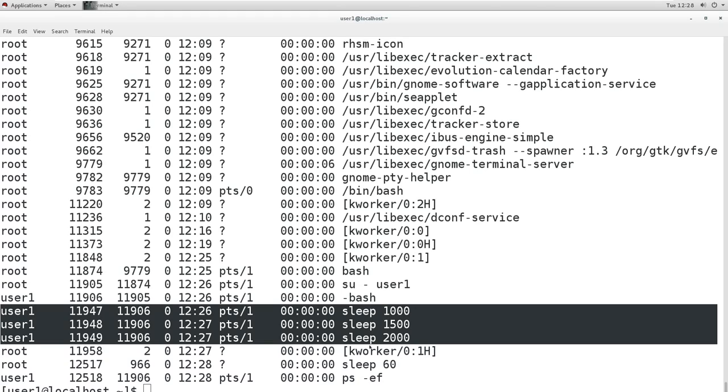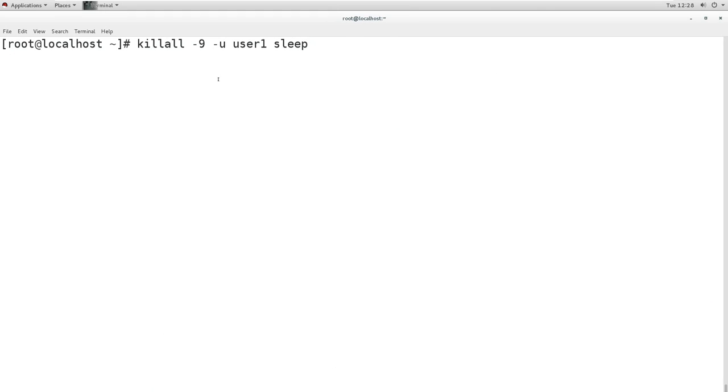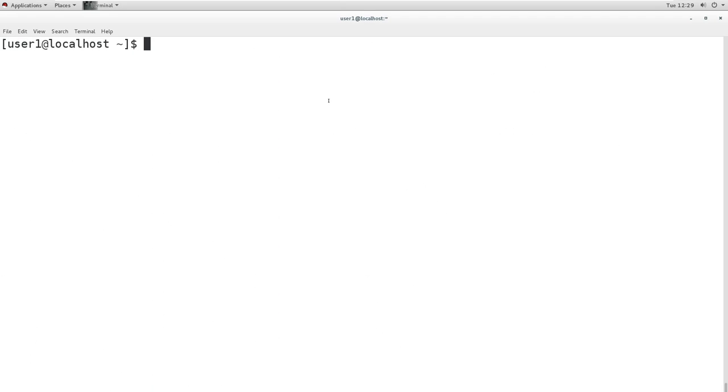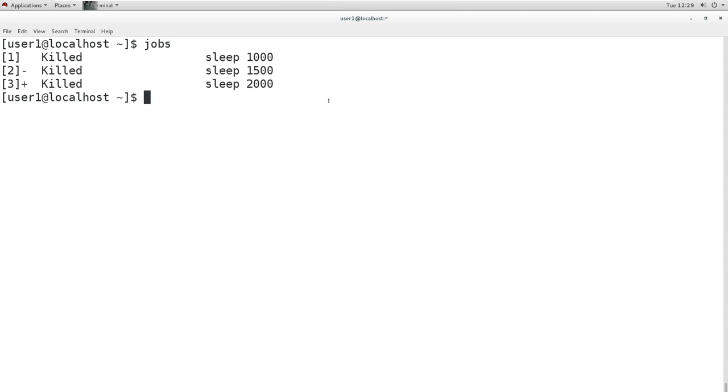So I can use the killall command to pass the signal. I am passing signal number 9, for user 1 with the -u option, and this is the command pattern which I want to kill. And when I press enter, it is killed. Now when you check here, you can see all the processes are now killed.